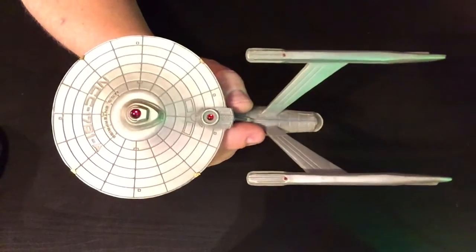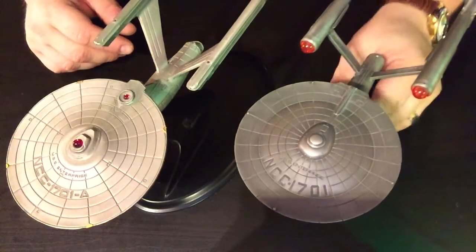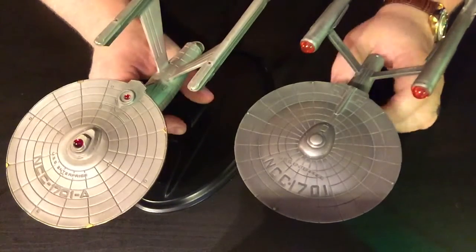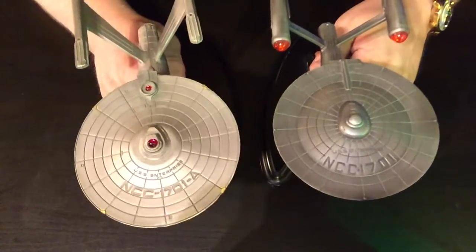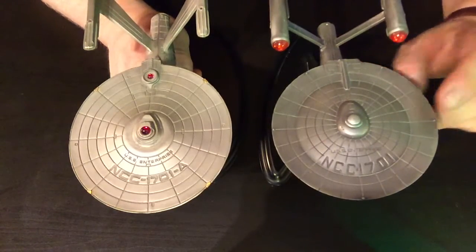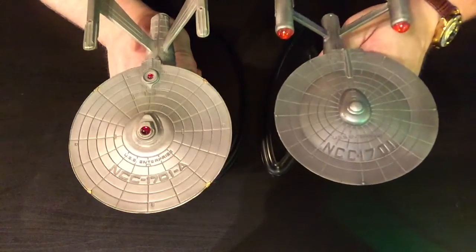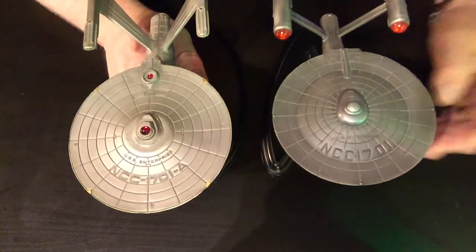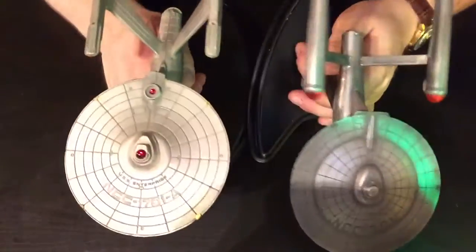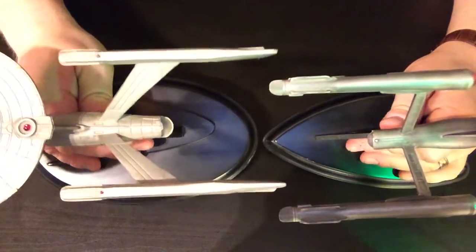I'm just going to grab my TOS Connie so that we can compare the two. And here we have them both. Like I said, the TOS Connie was the one that started the Franklin Mint's pewter starship collection, and this was 1988, and then like almost a decade later this came out, and the quality differences are quite noticeable. Even the color of the pewter. This one has been polished a few times by me, and then it gets that nice patina around certain detail points on the hull, which looks really nice. This one's never really been polished up by me, so that's probably one of the reasons for the difference in the pewter look. But just looking at even the nacelles, just the thickness, you can see that there's a lot of